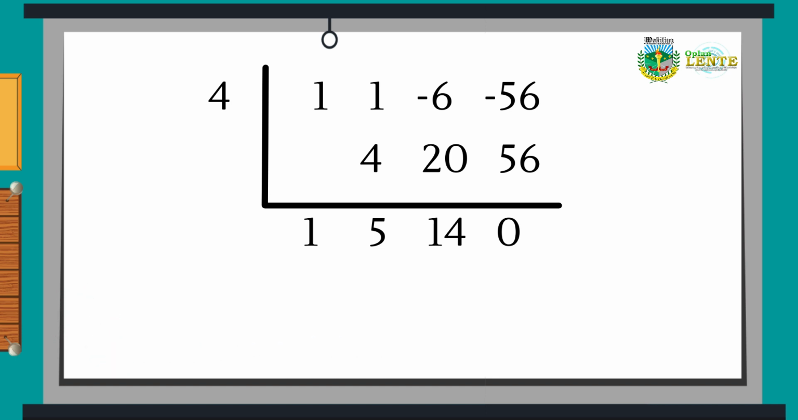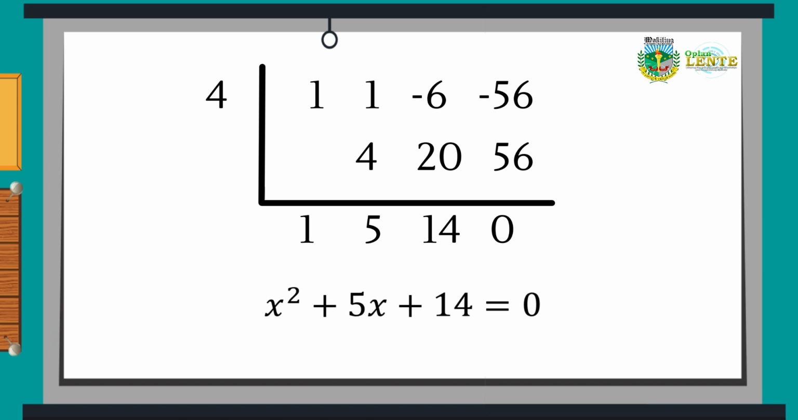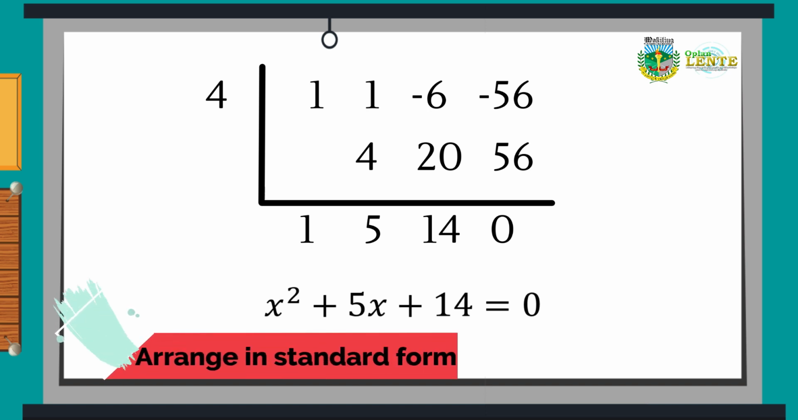Since our result shows 1, 5, 14, and 0, if we write our quotient, we will subtract 1 from the exponent of the dividend. Now, since the degree of our polynomial function is 3, subtracting 1 from it, therefore we have x squared as the degree of our quotient. Arranging it in standard form, then we have x squared plus 5x plus 14 is equal to 0 as